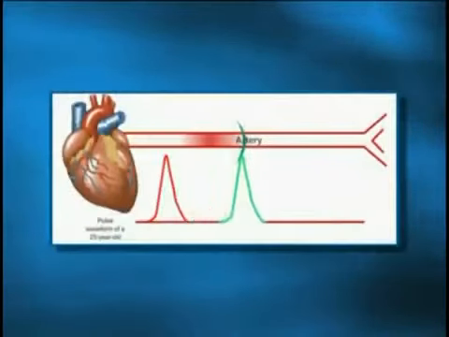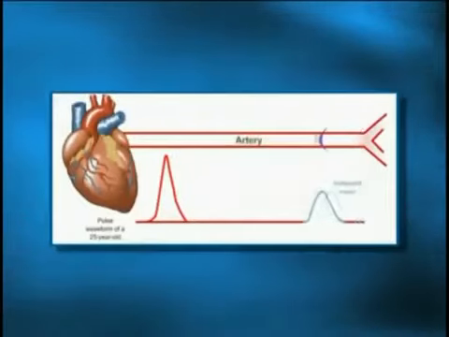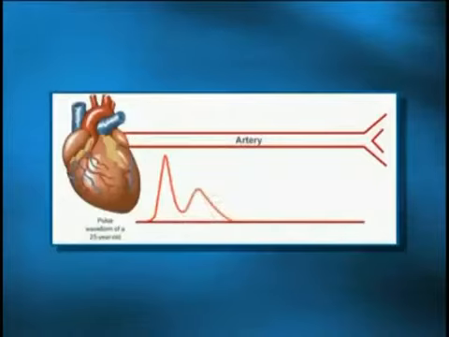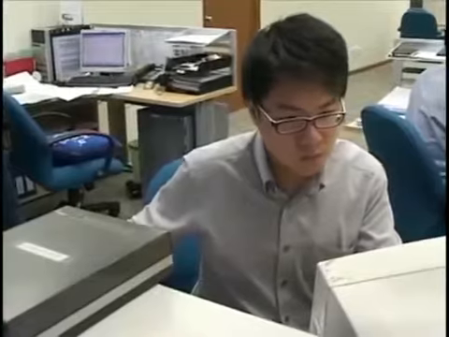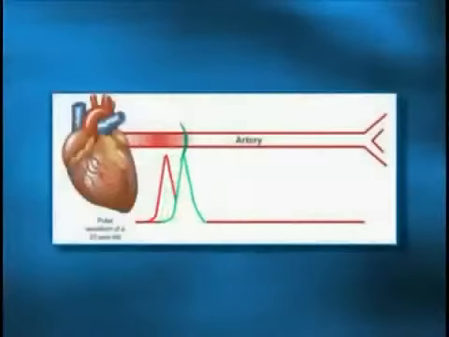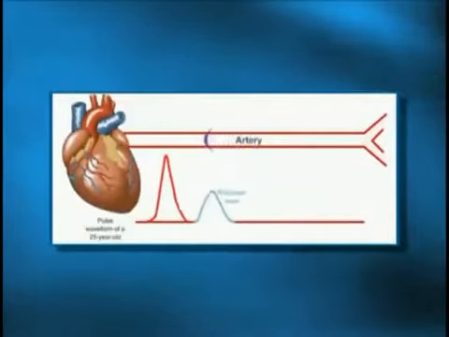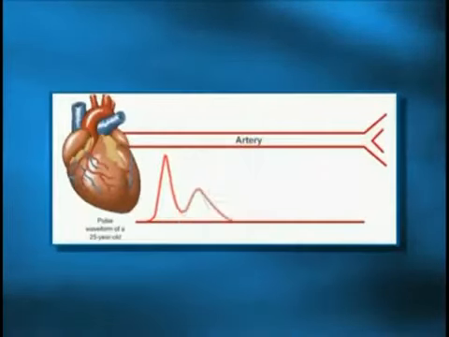The waveform is generated here, and it goes right down to the big aorta, and it's reflected back when the big aorta bifurcates or divides into two arteries. So the speed at which the reflected wave comes back is in fact very important. If we look at a person who is about 25 years old, when he generates a pulse wave from the heart, the wave travels down, hits the bifurcation, and comes back in the diastolic